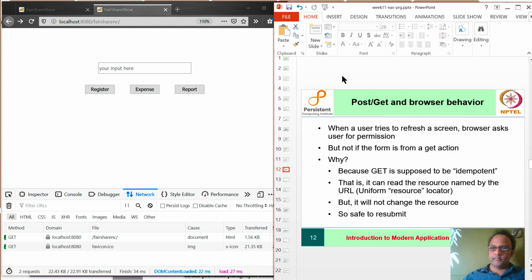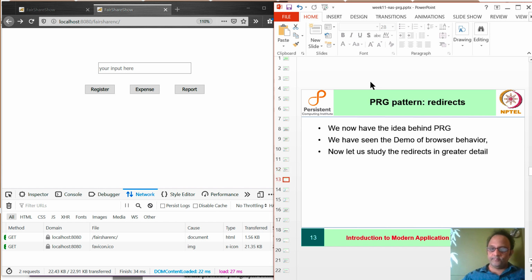What is happening then is, when a user tries to refresh a screen, the browser will ask the user for permission, but not if the form is from a GET action, because GET is idempotent, so submission is always safe. And this is the basic idea behind PRG.